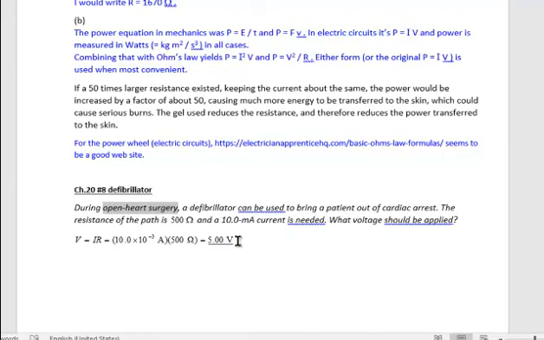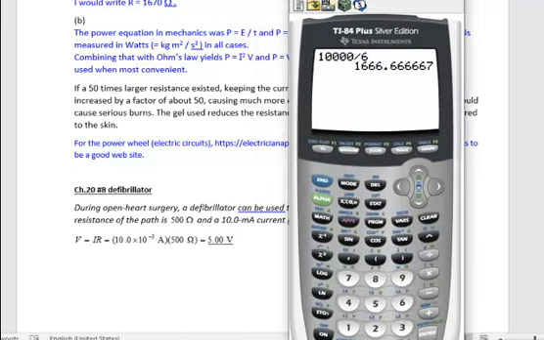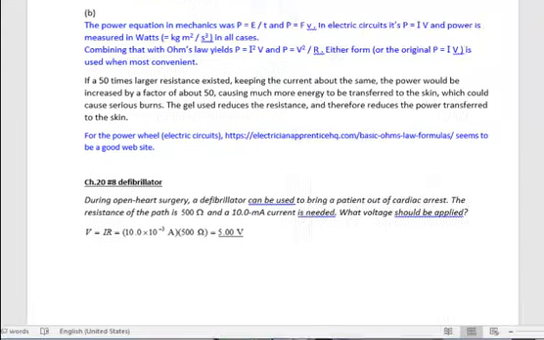Okay, anyway, 500 ohm resistance, 10 milliamp current. So to figure out the voltage is current times resistance. So I'm going to plug in these numbers, 500 ohms times 10 milliamps, which I'm going to write as 0.001. Oops, and then I made a mistake, right? 0.010, 10 milliamps, that is. So it's 0.01 amps. Enter, and obviously I come up with 5 volts. I have both of these problems here